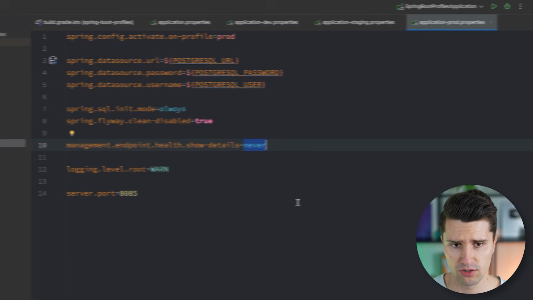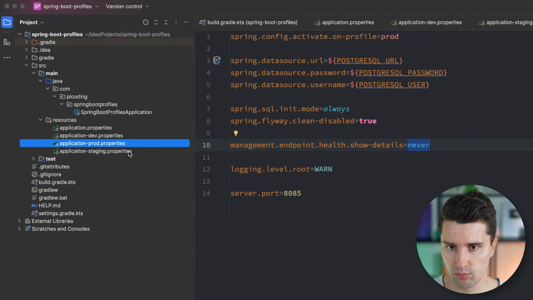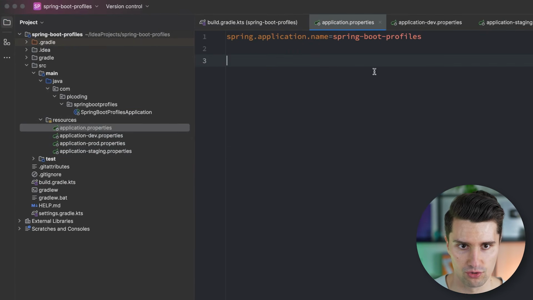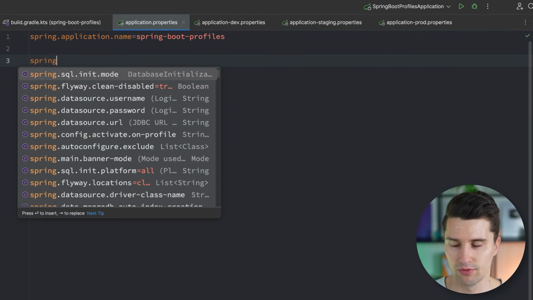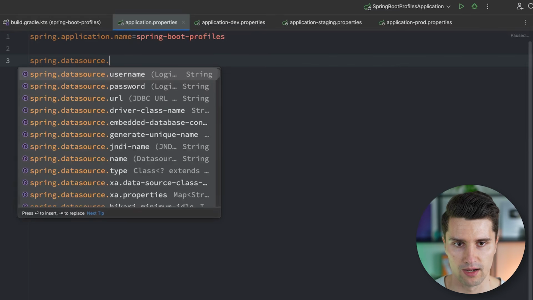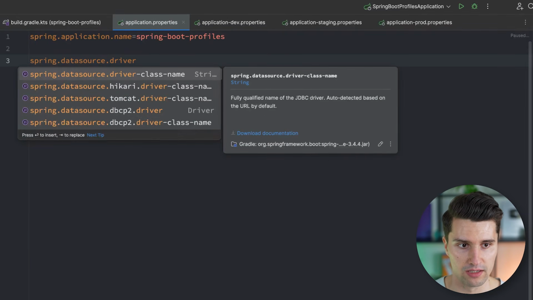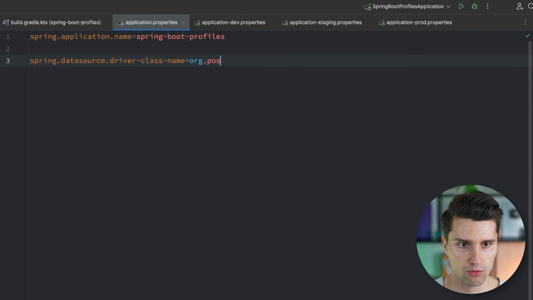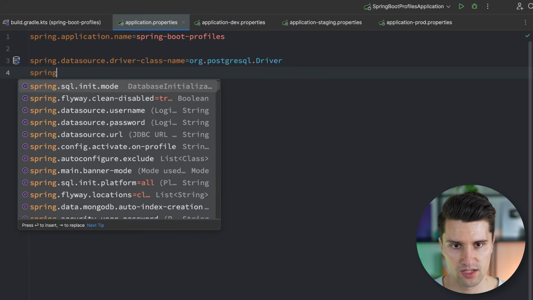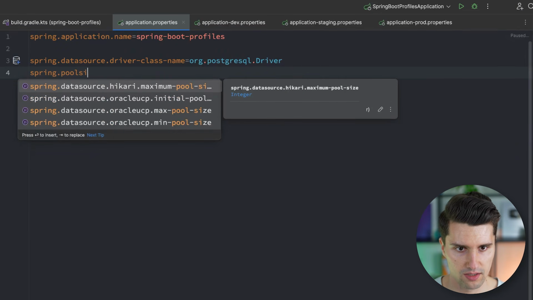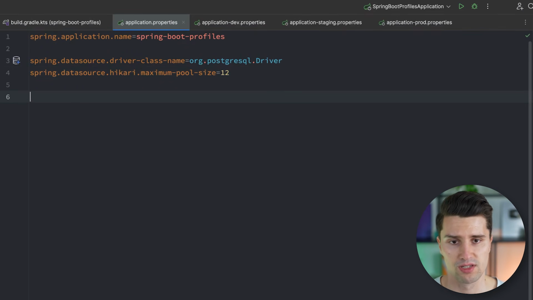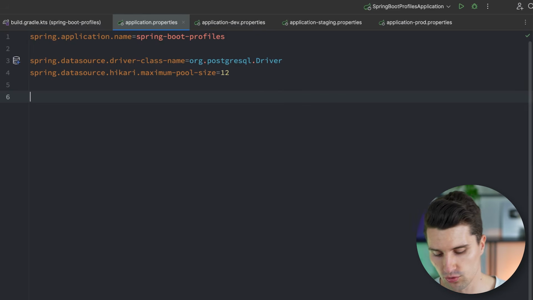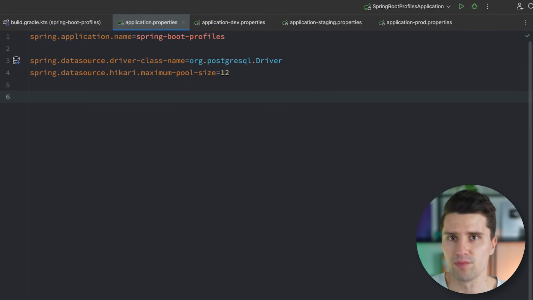Cool. I think that is enough to understand how this works with these different properties files. Of course, we could now have a certain shared config that would apply to all those environments. So here for PostgreSQL, for example, we could say spring.datasource.driver-class-name to specify the database driver, which could be org.postgresql.Driver. We could say spring.datasource.hikari.maximum-pool-size here, set that to something like 12 or so, really just some samples that you could set up here that apply to all of these config files,